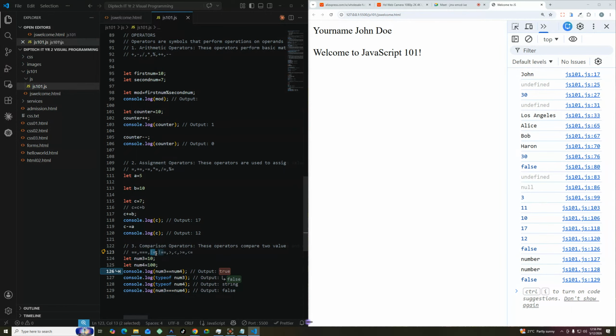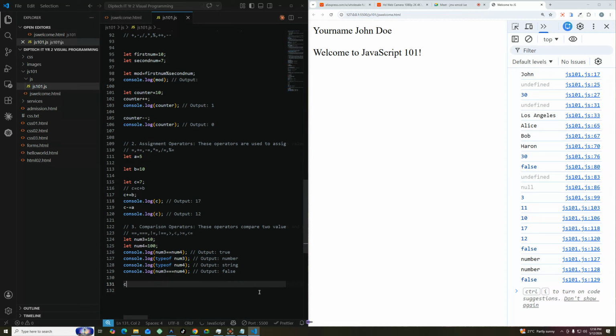So we have not equal to, greater than, less than, greater than or equal to, less than or equal to, and so on and so forth. So when it comes to comparison, you might want to compare things in that order. For example, in this particular case, if I compare